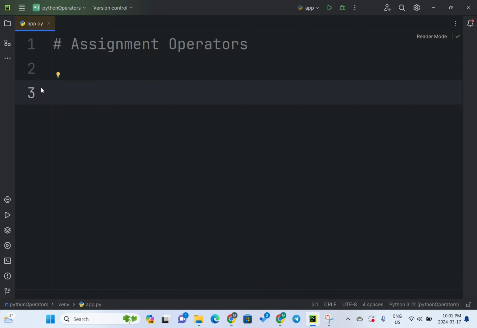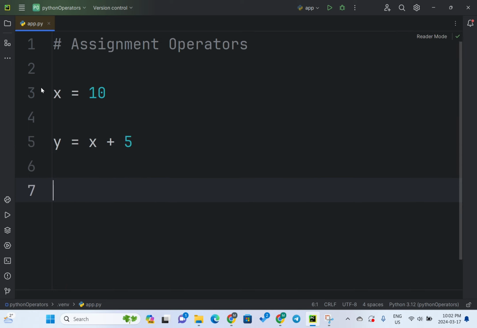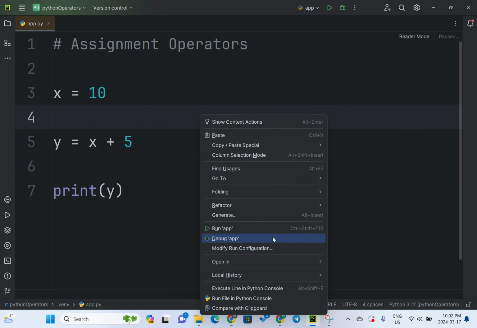All right, so next one is assignment operators. The assignment operators are used to assign values to variables. They combine an arithmetic operation with assignment. So let's say we have a variable called x, which the value of it is 10. And we want to do some operation on the x. So we say y is equal to x plus 5. Now if we print y, we say print y, we're gonna get